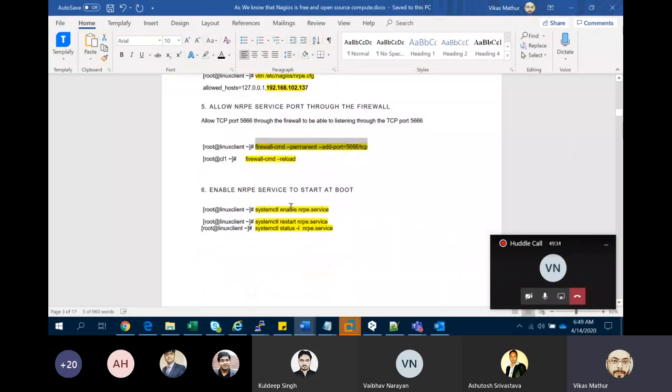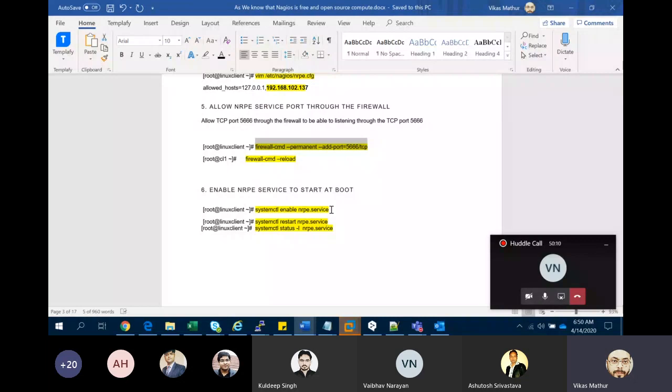After this, you need to enable the NRPE service. Why do we enable that service? When your machine boots up, if you have not enabled that service, you need to restart it again and again. If you enable it, it links your service into the etc files, because at boot time some configuration files are loaded into RAM and start the mandatory services.